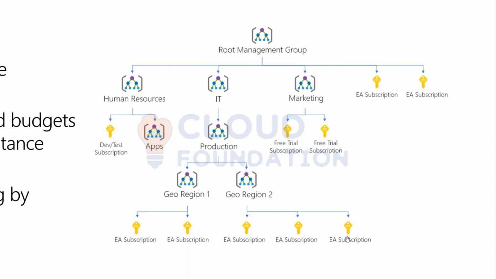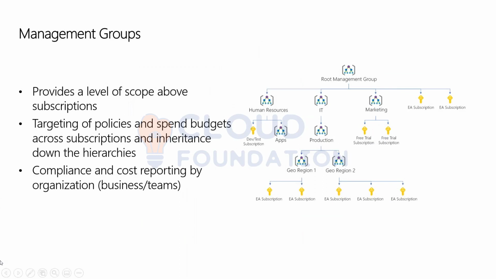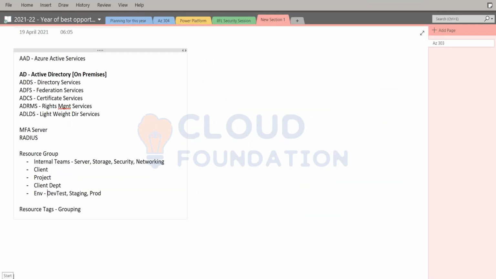Within that, you can have your respective subscriptions. Once it comes to management groups, these are logical in nature, not physical. If I say East US region, I can't use a subscription or resources meant for West US region in that. So these are logical, and they help you organize your resources better, create your policies in a much better manner, and work with them. Now if you look at the hierarchy here,